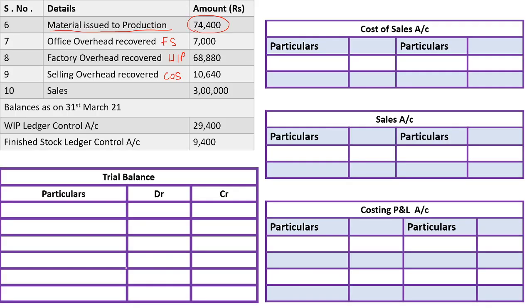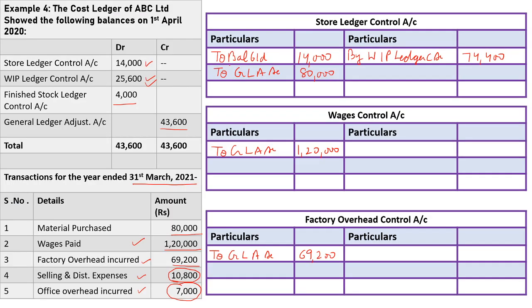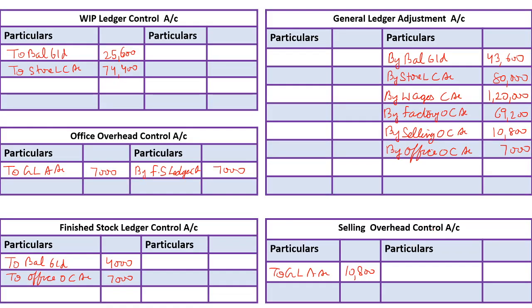Our next transaction is factory overhead recovered with WIP 68,880. Factory overhead control account is recovered with WIP. So we write in factory overhead by WIP ledger control account 68,880, and in WIP ledger control account to factory overhead control account